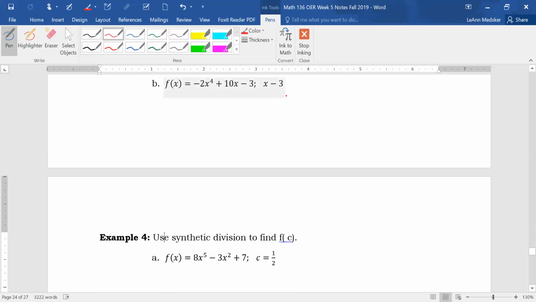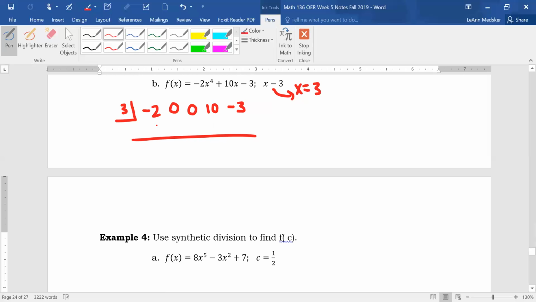So remember, the first step is to make sure this is already solved for 0, so that's x equals 3. You put that in your box. You have to make sure you're not missing any powers. So we have negative 2, we're missing the x cubed, we're missing the x squared, we have our 10 and our negative 3. Pull down the negative 2. This is negative 6 when we multiply. Add that. That's negative 18. Multiply, that's going to be negative 54,